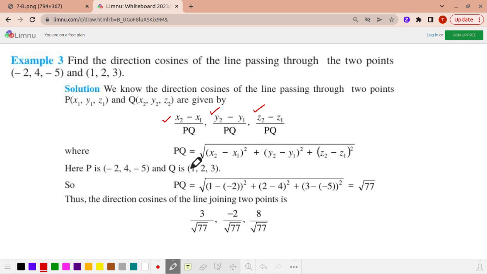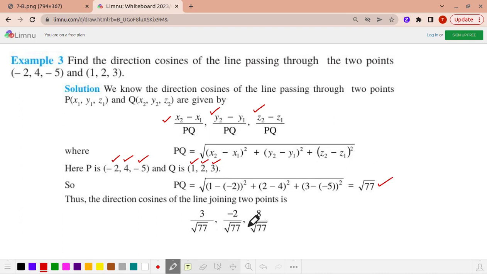In our case, x1 is minus 2, y1 is 4, z1 is minus 5, x2 is 1, y2 is 2 and z2 is 3. I repeat, x2 is 1, y2 is 2 and z2 is 3. We can find the value of PQ as square root of 77 and we can find the direction cosines as